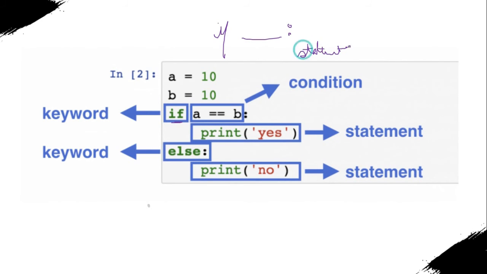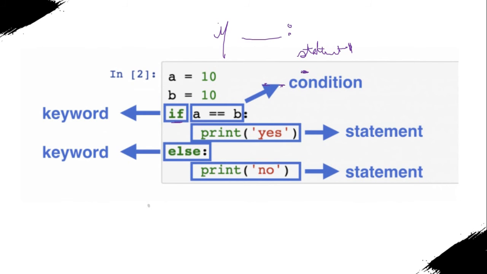statement 1, and if there are multiple statements for the same if, then simply the next statement would start from here. If you start your next statement from some other space, like from here or maybe from here, you would again get a syntax error. So the next statement should start from here. I hope I am clear. It is as simple as that.